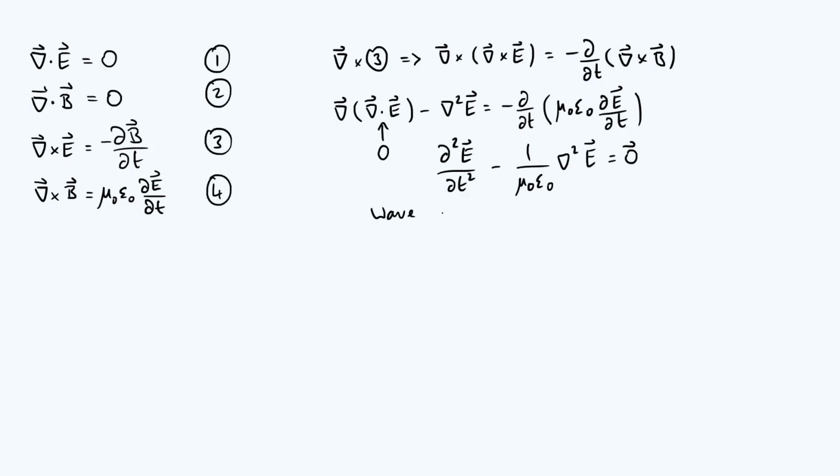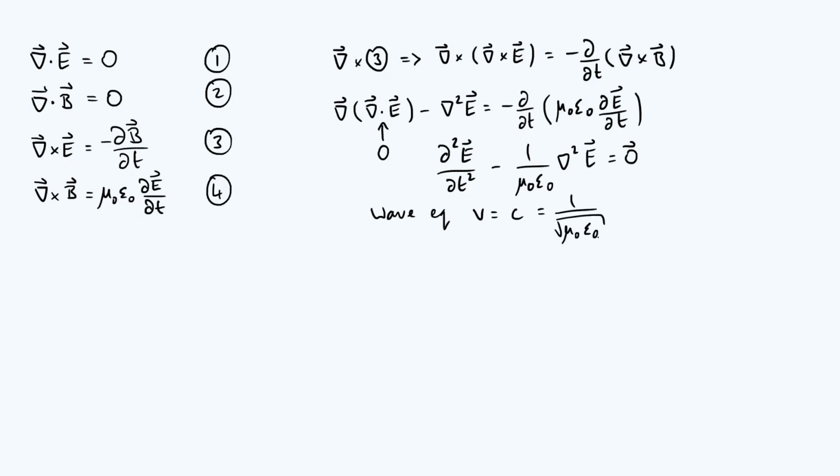We've got a wave equation. It's a vector equation, right? So it's really 3 wave equations. Each individual component of the electric field oscillates according to the wave equation. But it's a well-established result that the coefficient in front of del squared E is the squared velocity of the waves, right? So we can say the speed of the waves, v, which is of course the speed of light because these are electromagnetic waves, so we can call that c, is 1 over the square root of mu naught